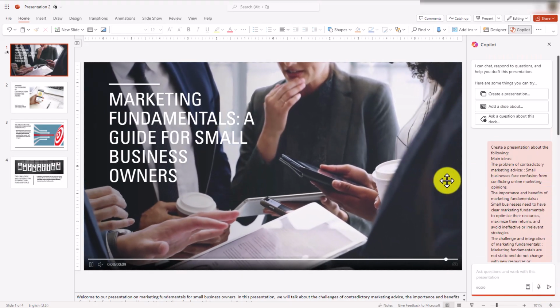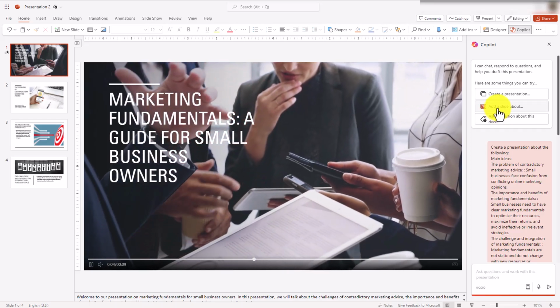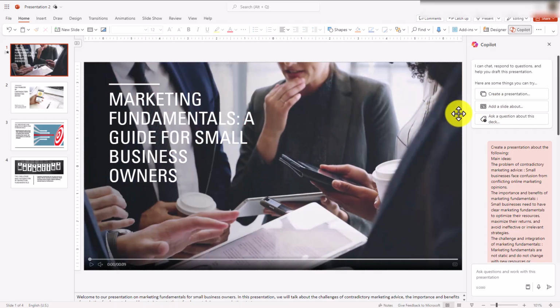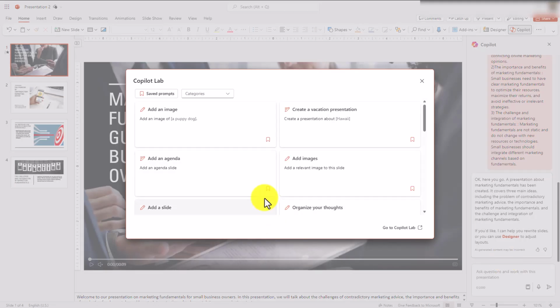We can go back to Copilot and add in a slide about something else if we want to do it, or we can just ask a question about the presentation. And again, in order to determine what we can do with Copilot, all we would need to do is go to the prompts area and view more prompts, and then we'd be able to see